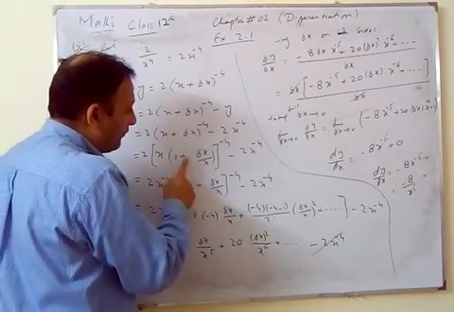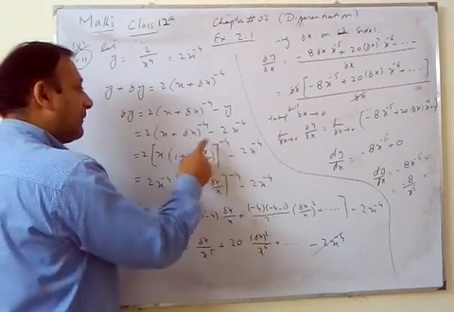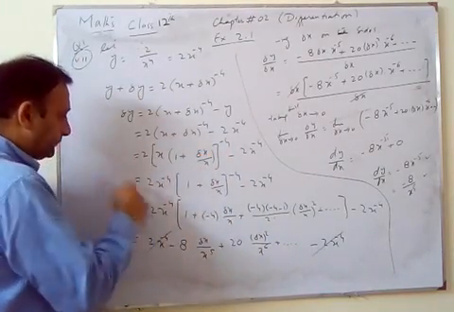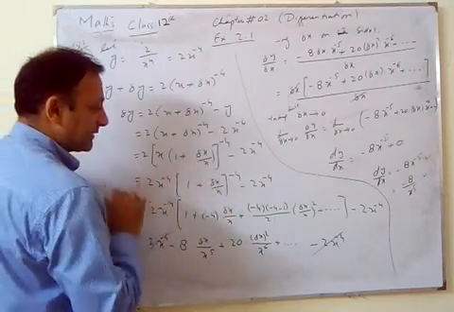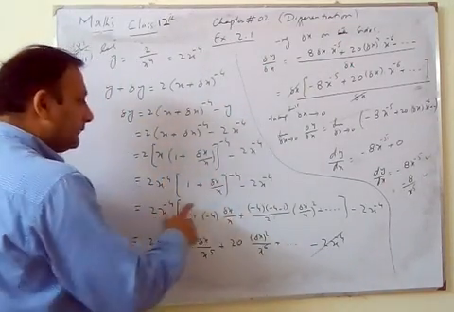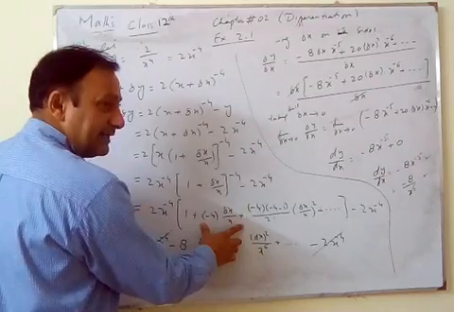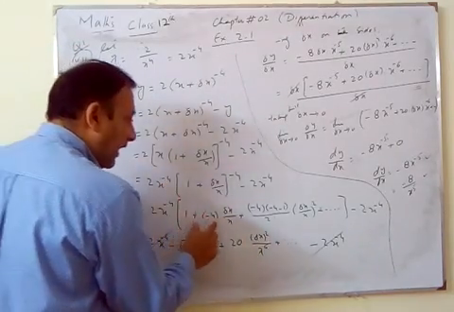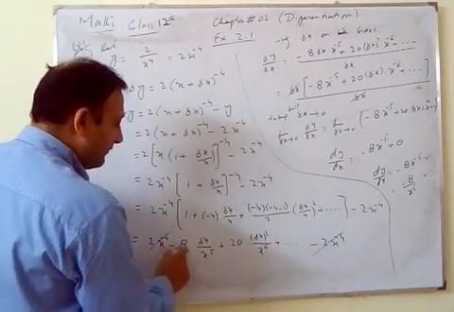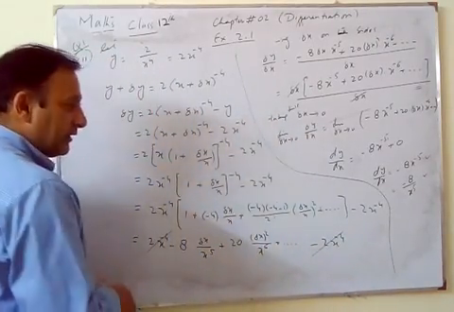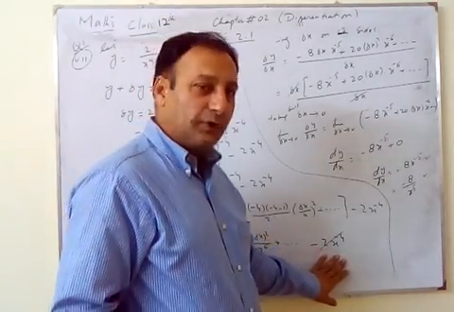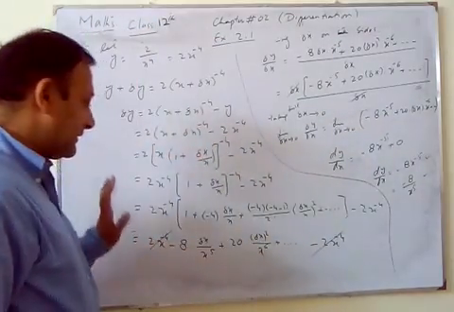So we have now 1. So this power minus 4 is for both x and this expression also. So 2 into x power minus 4 this way. Now apply binomial series here. 2 into x power minus 4 will multiply with all these terms inside. So when we multiply, we have this expression. Now 2 into x power minus 4 and minus 2 into x power minus 4, both are cancelled here.